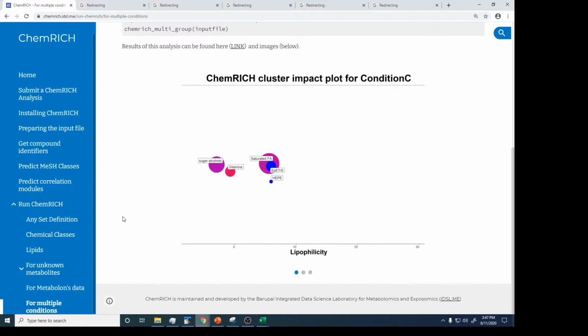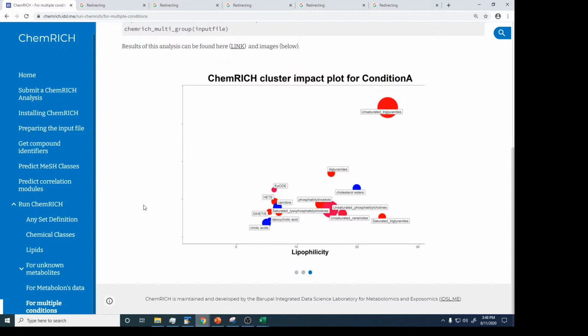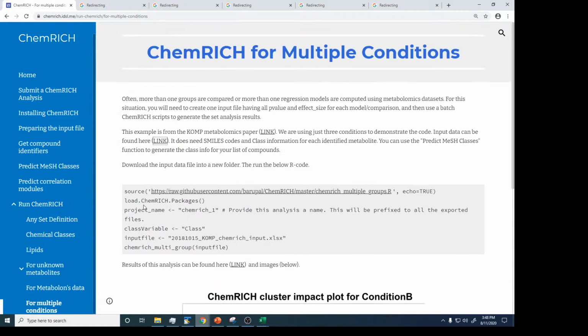Okay, so that's all for today. I wanted to give an overview that we have updated ChemRICH scripts. Eventually, they will be turned into a new R package. And now, if you don't want to,